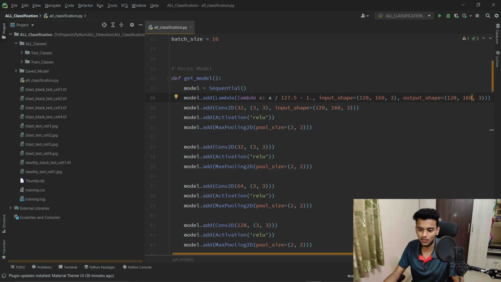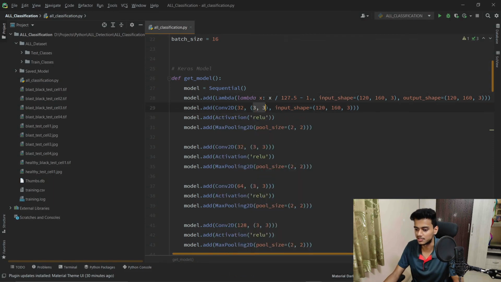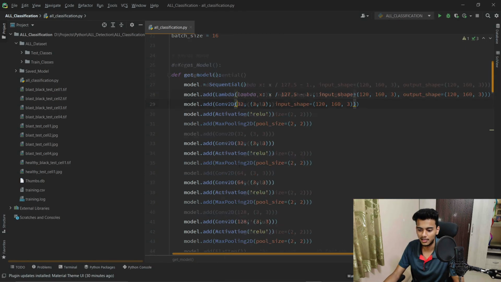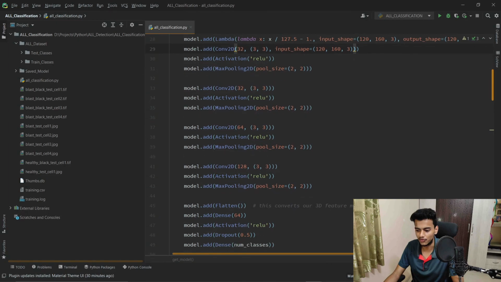Now we are adding a first hidden layer with 3 x 3 kernel size and 32 kernels. We are using the ReLU activation function, and we are doing max pooling on that hidden layer. We do the same thing again in the second hidden layer. In the third hidden layer, we are using 64 kernels with 3 x 3 size, the same process, ReLU activation and max pooling 2D with 2 x 2 pooling size.